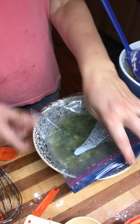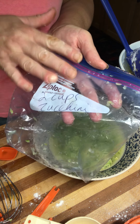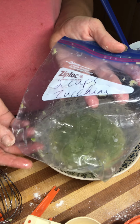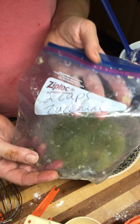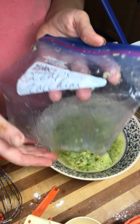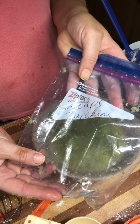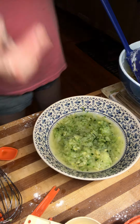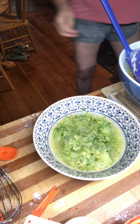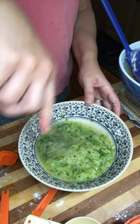Last fall, I knew almost every zucchini recipe I have takes 2 cups, whether it's cakes or brownies. I can show you any of these as we get into zucchinis coming from the garden. They almost always come with 2 cups as the amount in the recipe. So every one of my freezer bags was 2 cups of zucchini, just like this. Earlier this afternoon, I took it out of the freezer, and as you can see,